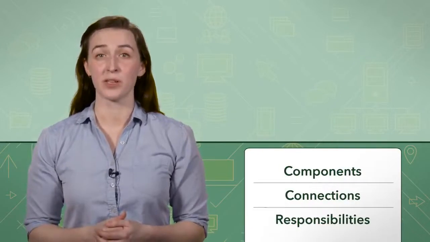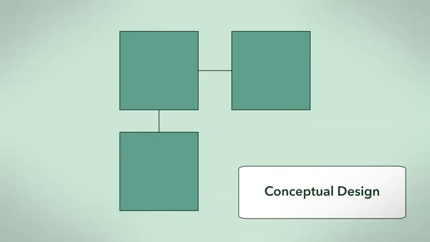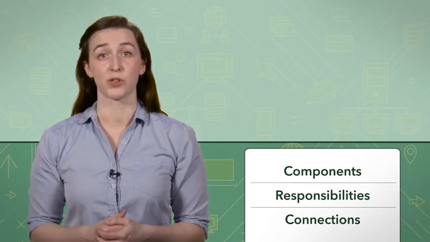You identify components, connections, and responsibilities from some requirements when forming the conceptual design. This is where you give your initial thoughts on how you might satisfy the requirements. In the technical design, you learned how these components and connections are further refined to give them technical details. This makes them easier to implement. Although identifying components, their responsibilities, and connections is a good first step in software design, we haven't yet demonstrated a way of representing them. Being able to play with our design, like reordering note cards in speech planning, would be valuable.